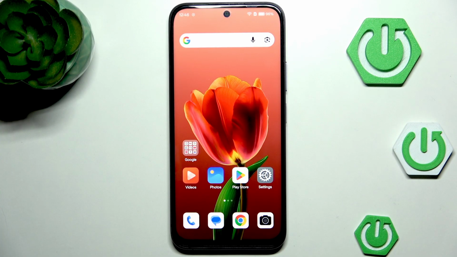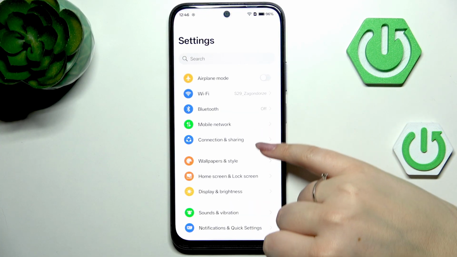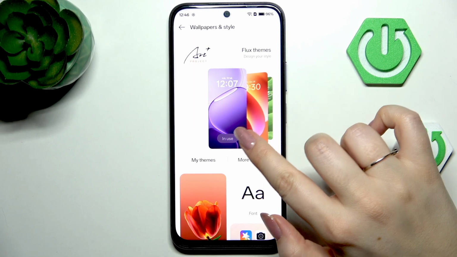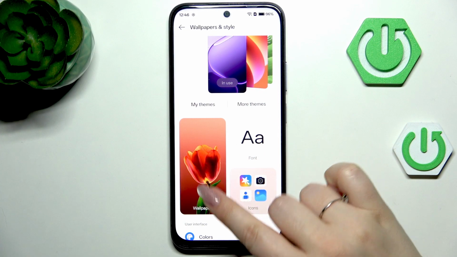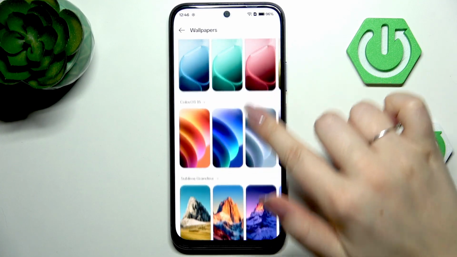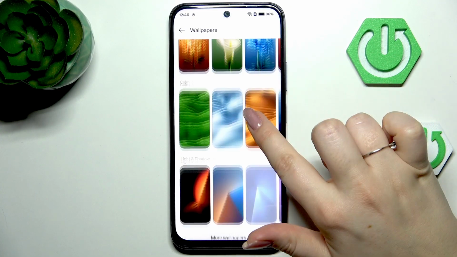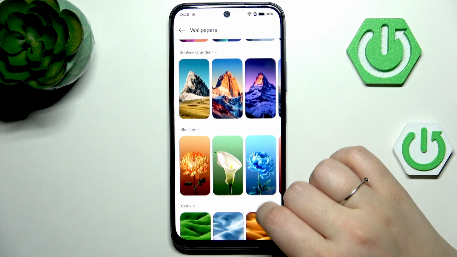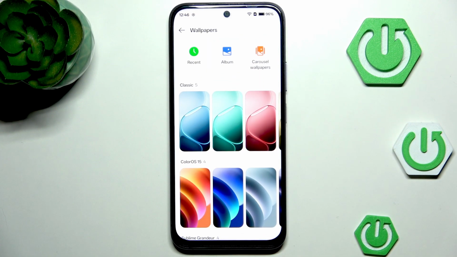So let's begin with opening the settings, and here we have to scroll and find the option Wallpapers and Style. So right here, let's scroll a little bit to find this option Wallpapers. And we've been transferred to the full list of pre-installed wallpapers from which we can choose. So as you can see, we've got different categories like calm, light and shadow, blossom, color, OS, for example, or